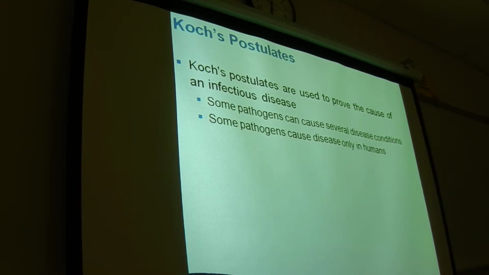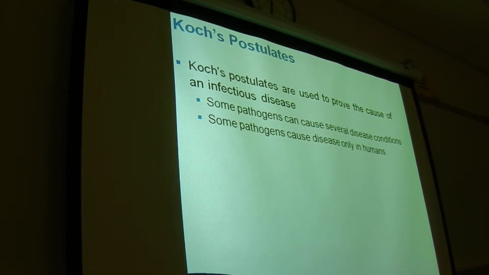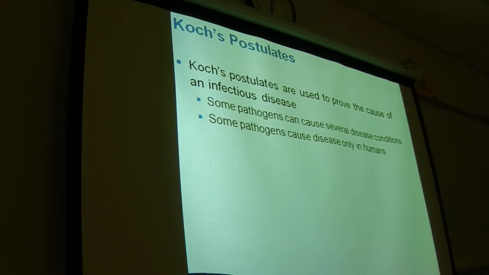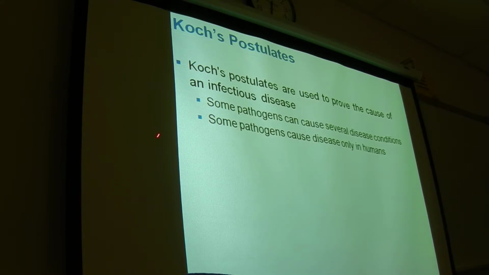So you could have 10 people that all have the same disease. You take the bacteria from them and you inject, let's say there was nothing ethically wrong with this, a healthy human and they get a slightly different disease. Okay, so you would say by Koch's postulates, oh, I didn't identify the right bacteria. However, you might have actually identified the right bacteria. It's just this person has a slightly different immune system that caused the disease to look a little different to them. Okay, so that's one issue with these tests that you have to be wary of.